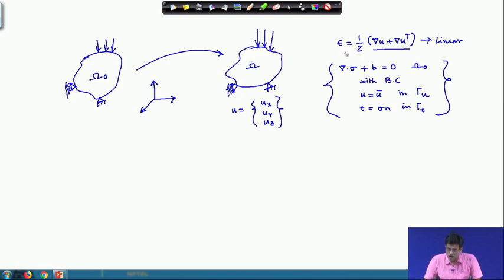So, this is the linear strain tensor. We know this linear strain tensor, and now how do we relate displacement with the stress? We need to relate stress with the strain. Probably you have heard of Hooke's law, that stress is proportional to strain, the linear elastic case, where essentially